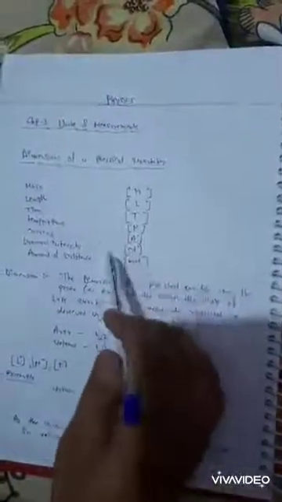For making dimension, we use some symbols, and for representation of dimension, we have to use the symbol in this bracket. So for mass, we used M. For length, we used L. Similarly, we use T, K, A, C, D, mole. So these are the symbols through which we will make dimensions.